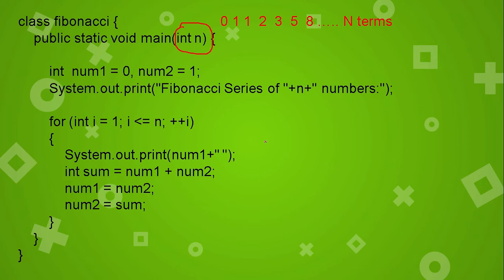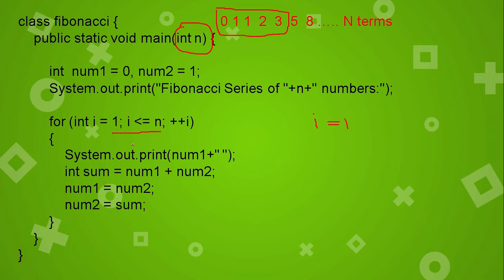Now this is the important part. See the value of i. What is the value of i? I is equal to 1. Now the condition will be checked: i less than or equal to n. Let us take n as 5 at present. We are getting 5 terms. That means these many terms only we need to print. So the loop will run from 1 to 5. This is clear from here.